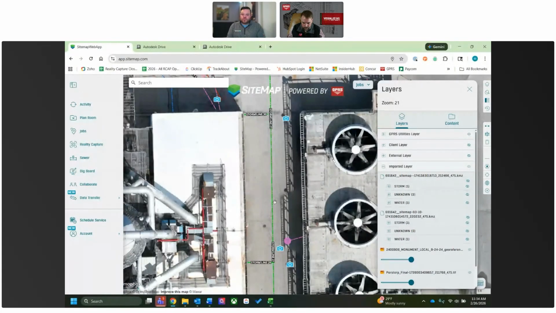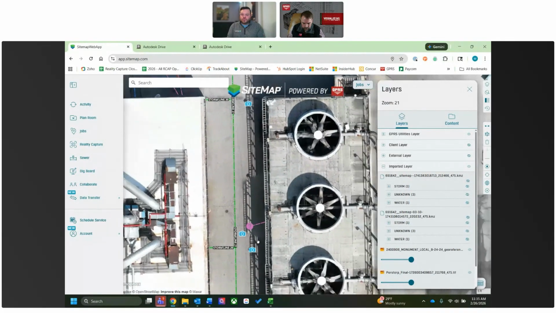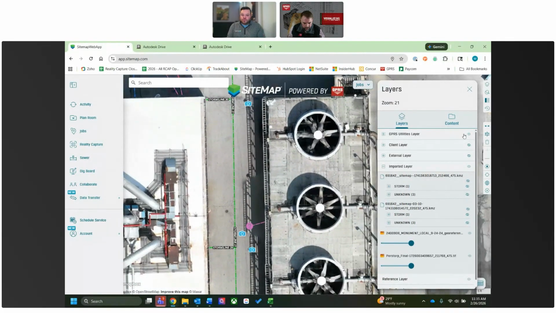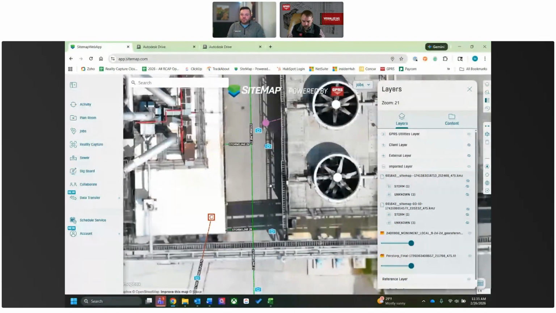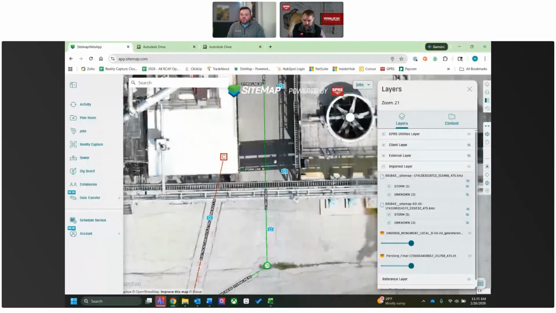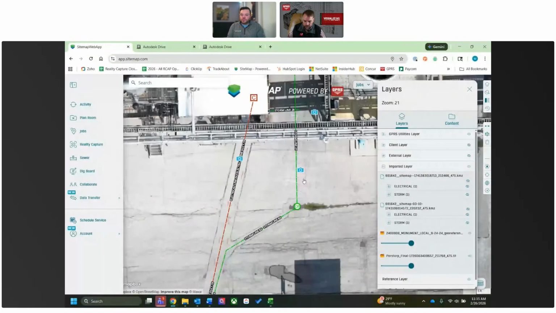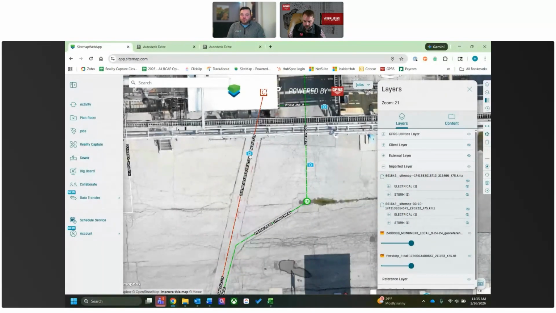You can see the storm line matches up really well with what was mapped. But the drone image also doesn't show this pink line because it's just in a dark shaded area, and that's where the map kind of takes over and adds more value. So really, these two paired together give you a really great full view of what was actually captured on site,